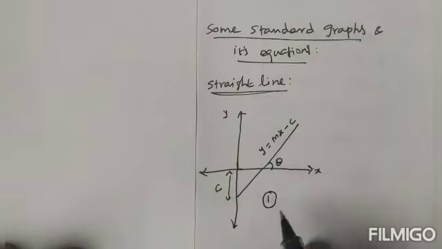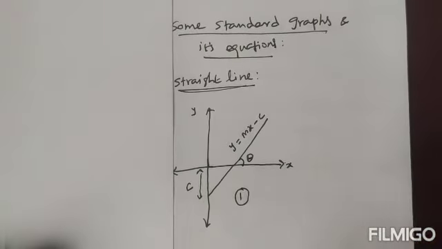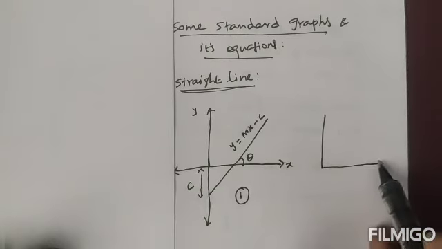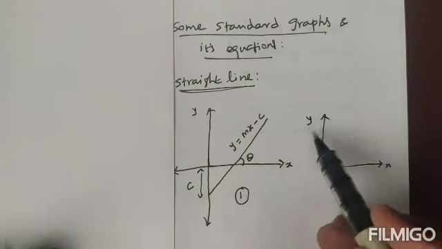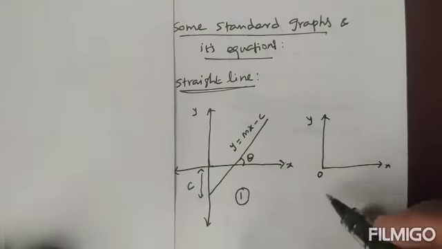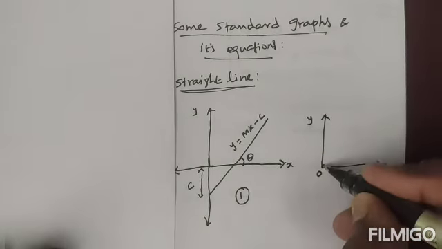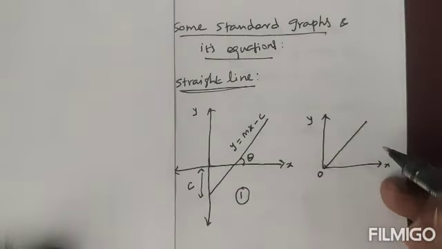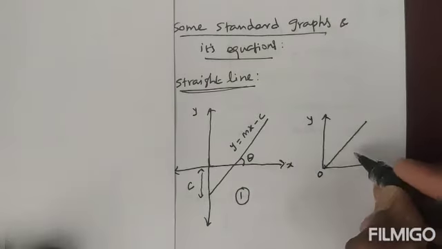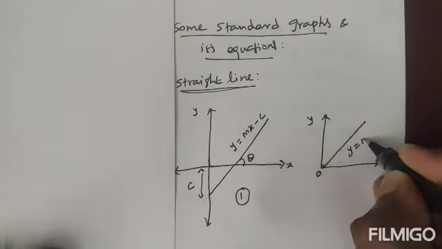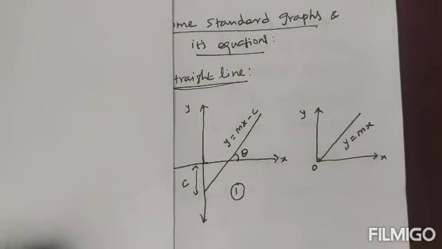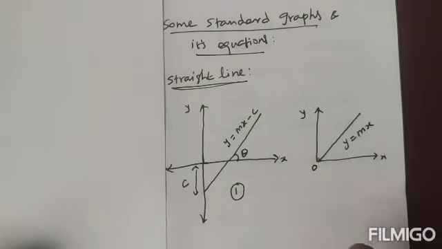So this is one of the graphs, graphical diagram number 1. Next, the same straight line, a different structure. For example, it is the x-axis, the y-axis, and the origin. Now the graphical diagram starts at the origin, directly proportional with the x and y axes. So this is also a straight line only. So this equation is y is equal to mx. Here c will not come, c value is 0, y equal to mx alone. So this is also called a straight line. This is graphical diagram number 2.